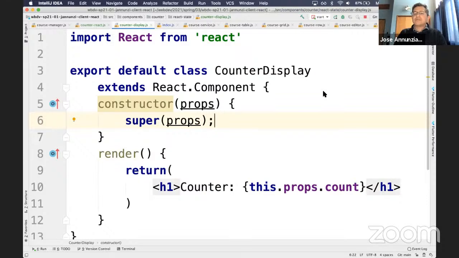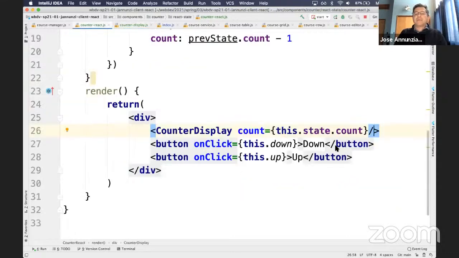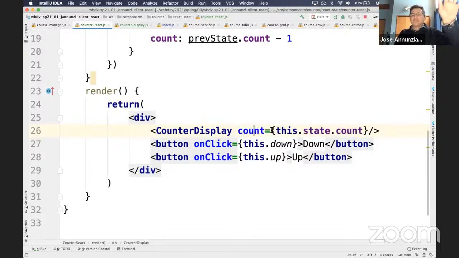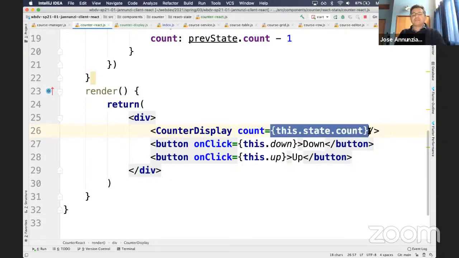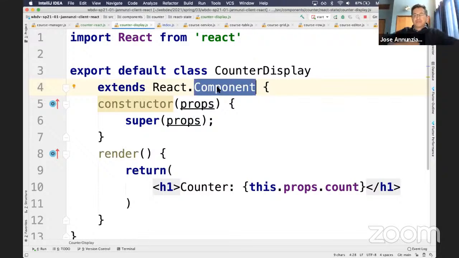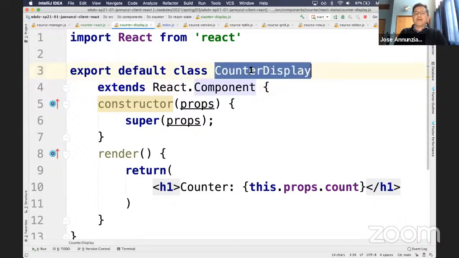Okay? Let's see. Could you explain what this constructor does? What values does props have? So this props over here is a map, right, that takes all these values. So name-value pairs: anything that I pass here creates a map, where the keys of the map are these attributes, and the values of the map will be these values. And it passes it down to props. And then here we just copy it into our parent component, right? So it's available